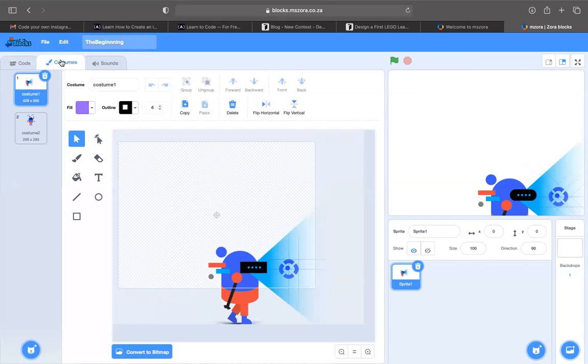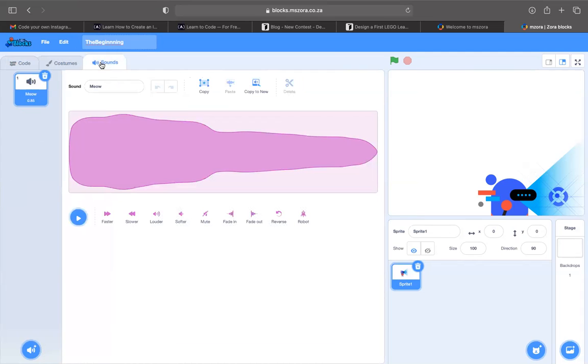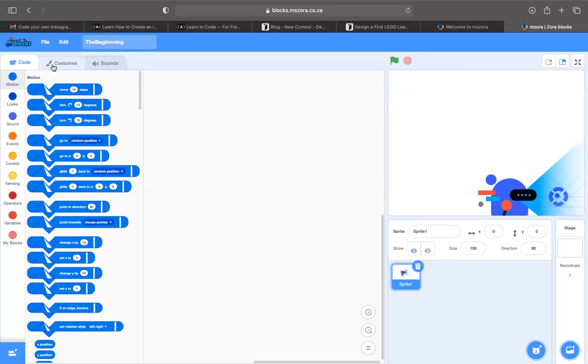I'm going to explain that a bit further. And then we have sound, which I'm also going to explain a bit further. So we have code, we have costumes, we have sounds. And then I'm going to explain what each of these does. Then at the bottom left, we have another button here to add extensions, but we are not going to add any extensions this week, so I'm not going to speak about that.